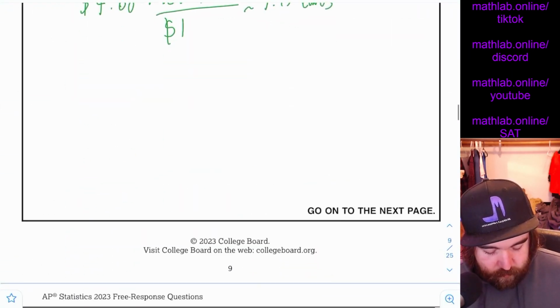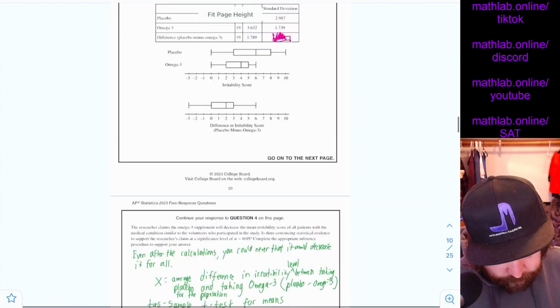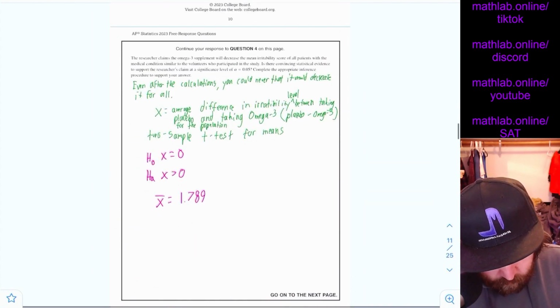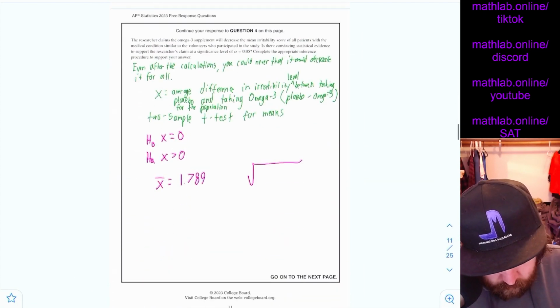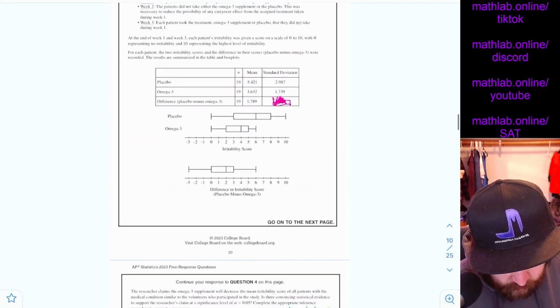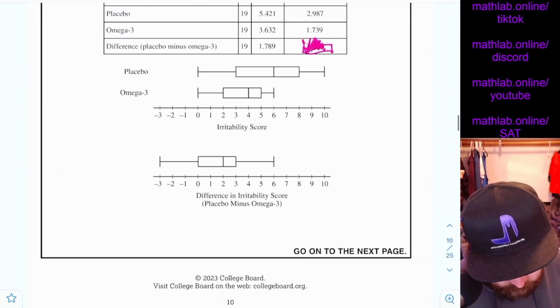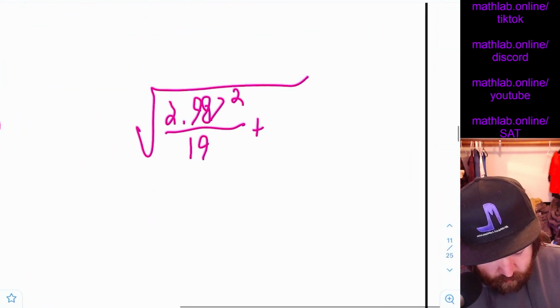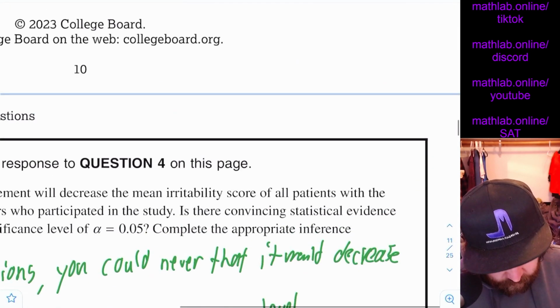So we'll do the square root of 2.987 squared over 19 plus 1.739